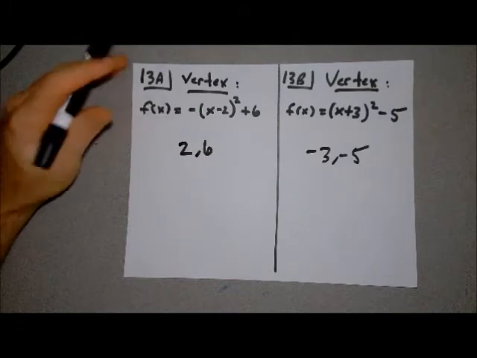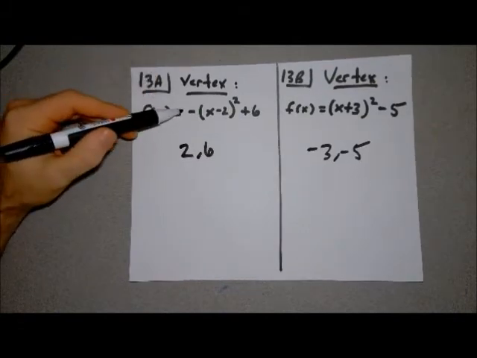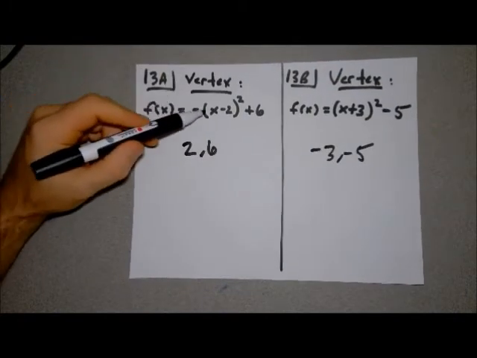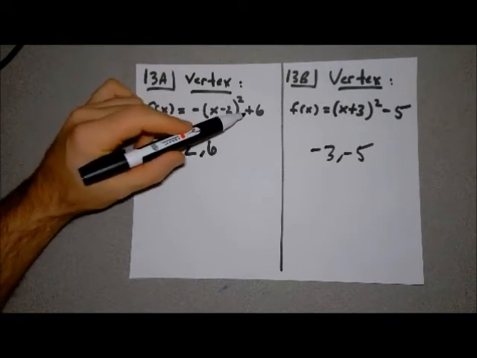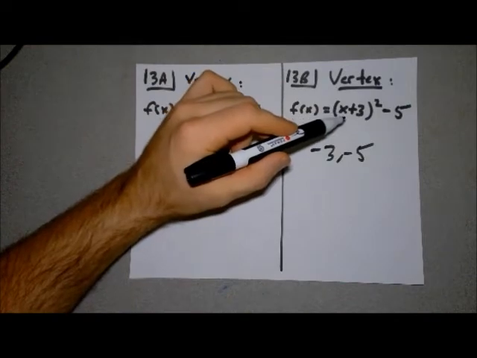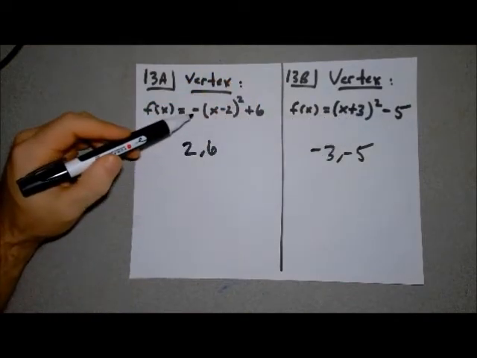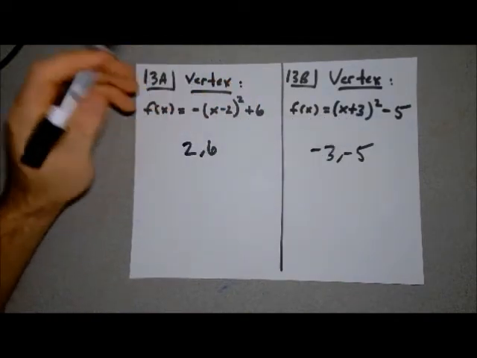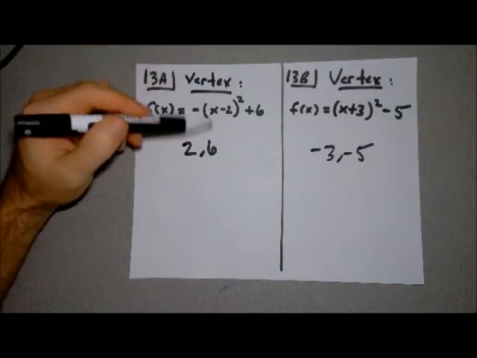The negative out front would turn your graph upside down, but you would still have the same starting point. So again, in this one, it's 2 to the right, 6 up. You're always doing the opposite for the left and right. For this one, same thing, but 3 to the left, 5 down, and we said the negative out front. The only thing that changes is the direction that your graph's going, but it would not change where your actual